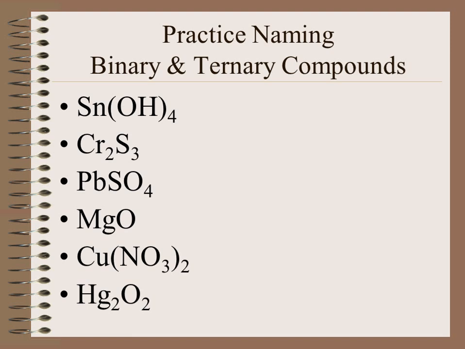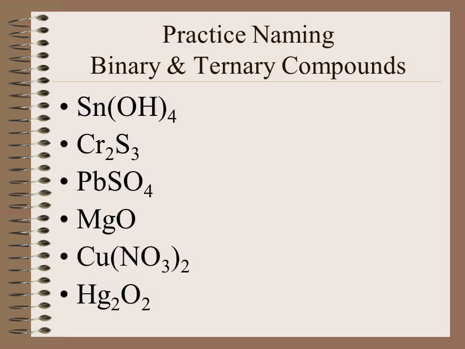So what we need to do, we have a couple of different choices here. One way that we were able to achieve these formulas was to use the crisscross method, where we took the charges and crisscrossed them down. We can still use that method to reverse. If we reverse the crisscross, the 4 of the hydroxide would be the charge for the tin, and because tin is listed first, we give it a positive charge. So reversing the crisscross would give us +4 for tin and -1 for the hydroxide, and that method will work,